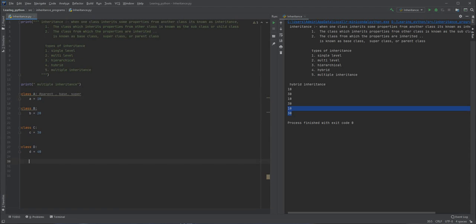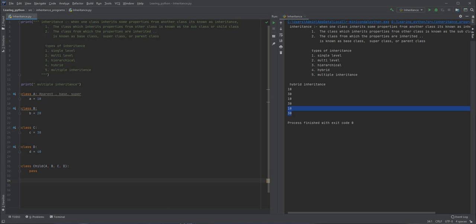Okay, now let's suppose there is a class over here. Let me name it as child itself, child. Okay, now this child wants this A property from class A, this small b property from class B, c from this class C, and d from this class D. So all it has to do is, in this parenthesis, you have to write the class A's name, similarly comma, put class B's name, then class C's name, and class D's name. Okay, now in this, I'm just going to say pass.